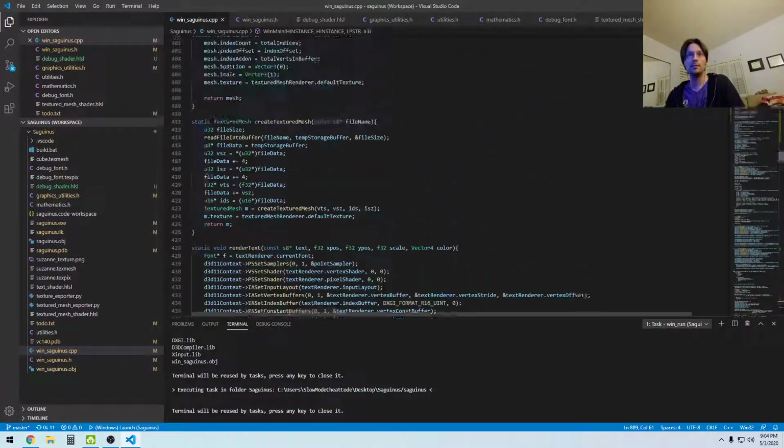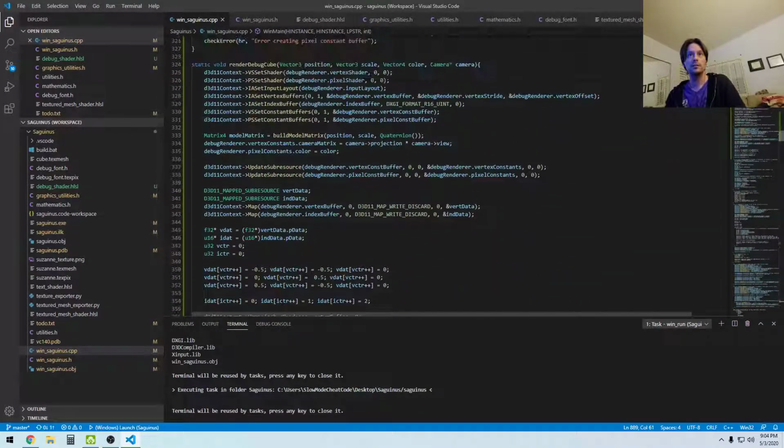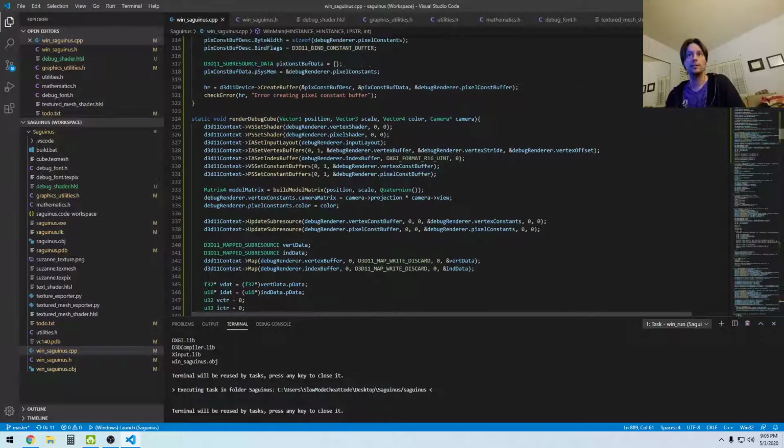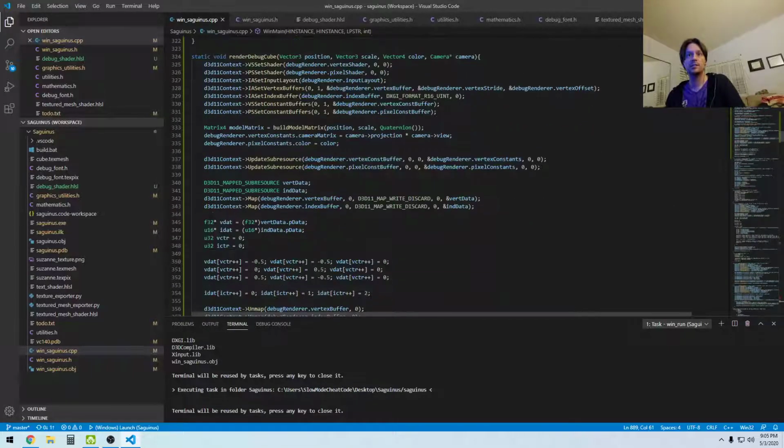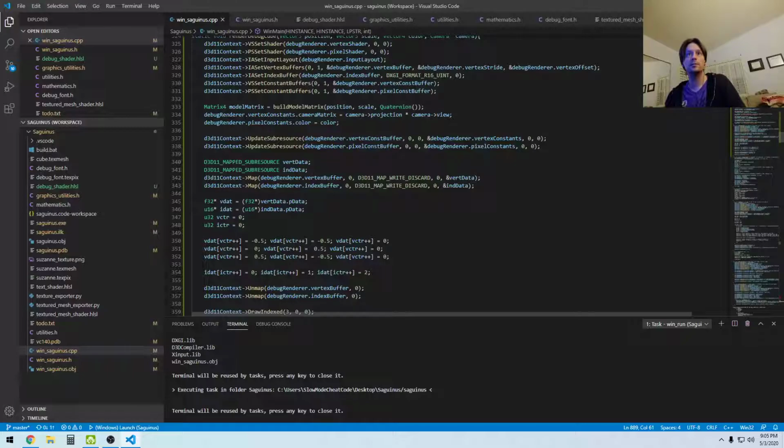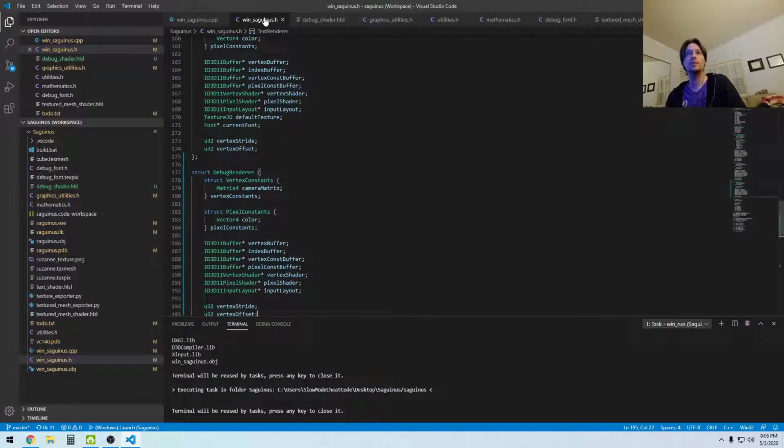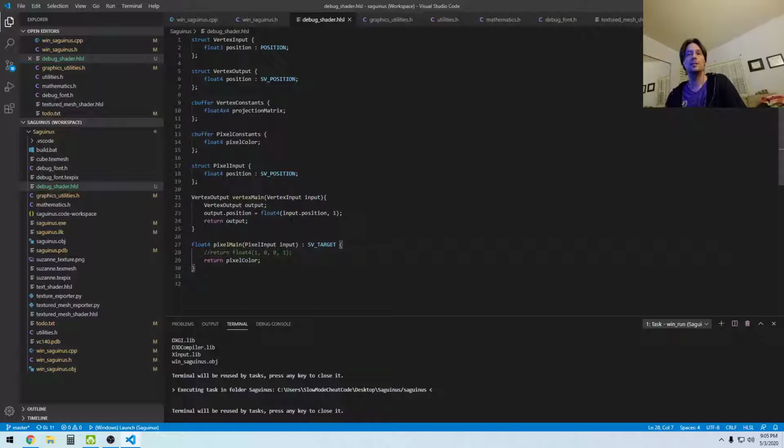So now I'm getting close. The model, or the projection matrix. Where am I? Yeah, render debug cube. So that's the camera's projection times the camera's view. Camera matrix. Yeah, okay, so that should work. Why is it not working? So if I then go back here to multiply that,